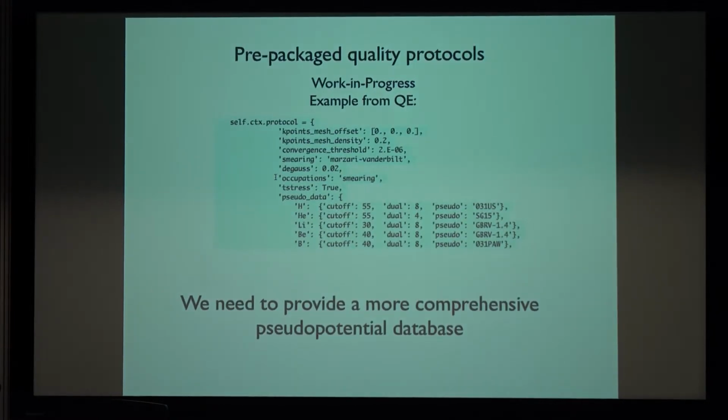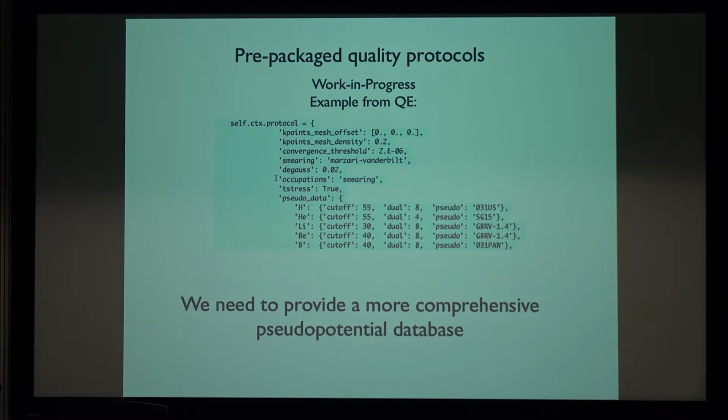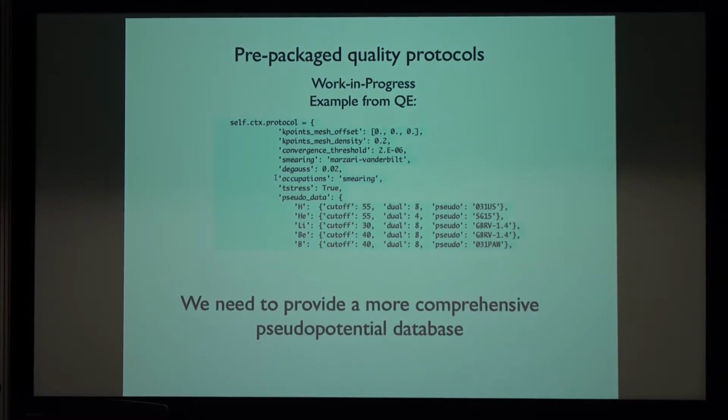This is not exactly for plugins, but with a view to the future, if we want truly automated calculations, we will need to do something similar to what Quantum Espresso does regarding prepackaged quality protocols. This means, for example, that you do not specify in the workflow every little detail about which pseudopotential to use. You specify something like, okay, calculation level good, or excellent, or cheap, or expensive, and then internally the workflow will select some set of pseudopotentials. Our problem in Siesta now is that